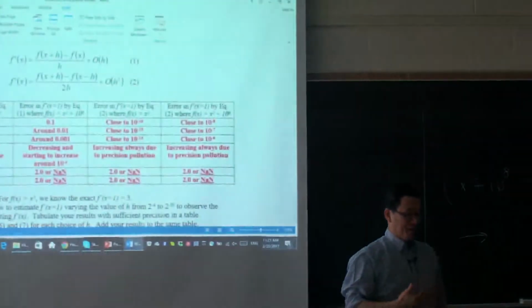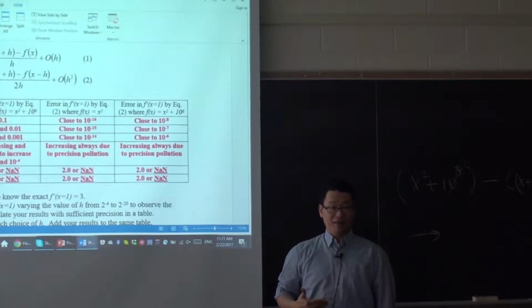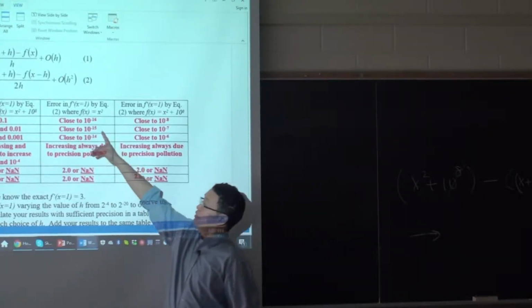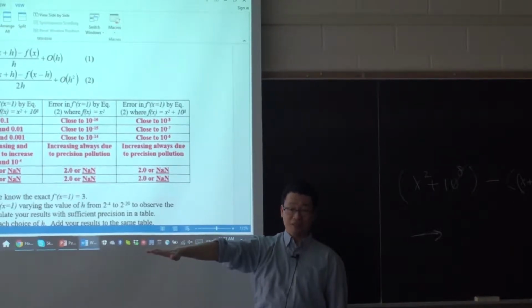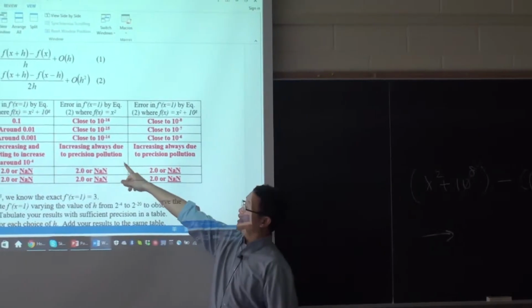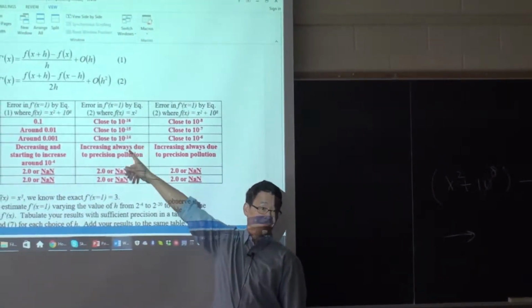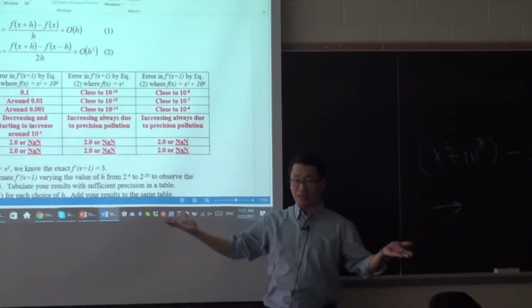Because the second order approximation on a quadratic function is exact to begin with, right? So you hit the bottom of precision, which is about 16 digits, right at the first iteration. And then you will just get polluted, because anything else, I already hit the rock bottom. That's the highest precision I can have.